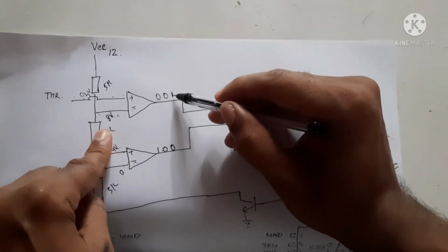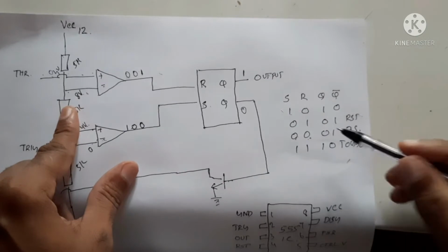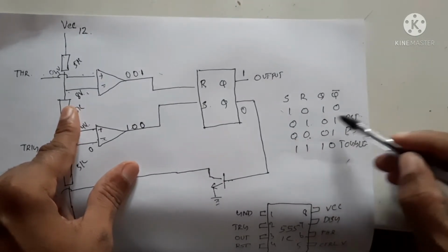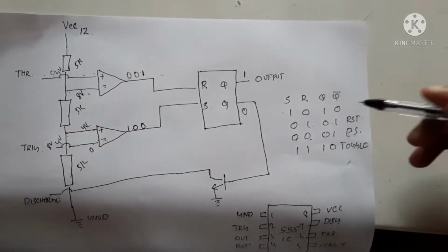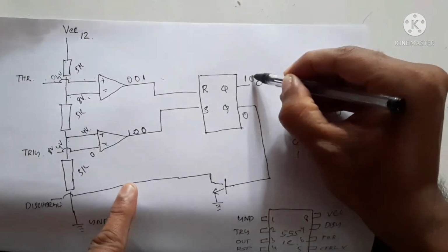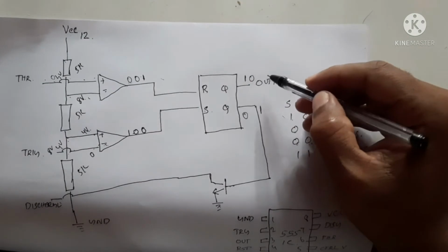When the reset pin is 1 and the set pin is 0, the result is that it will reset the output. It will reset, which means it will change the output stage. That means now the output will become 0 here and this will become 1. When the output becomes 0,